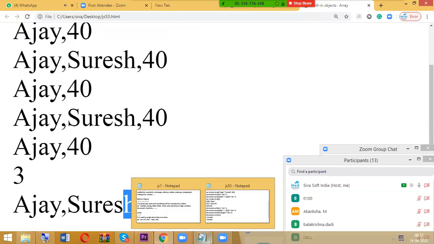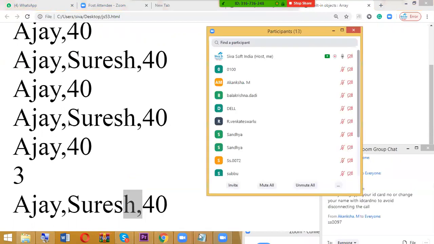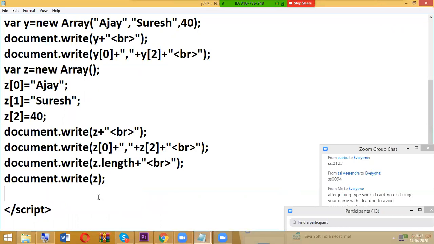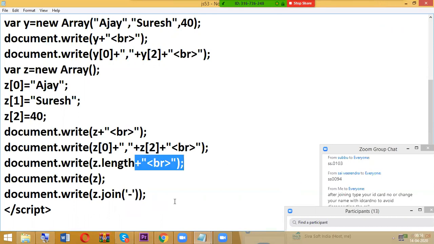Okay, fine. I want to add a separator here. Join. With the help of join, I can add my own separator. I want to add a hyphen here.